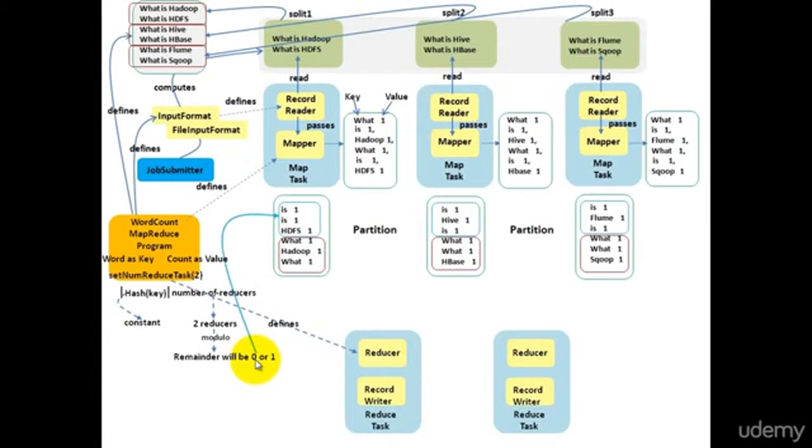As a result, all the keys whose remainder is 0 belong to the first partition, and all the keys whose remainder is 1 belong to the second partition. Finally, all the map outputs are divided into 2 partitions. So the number of partitions will always be equal to the number of reducers.